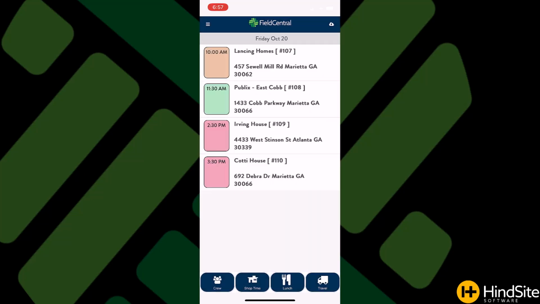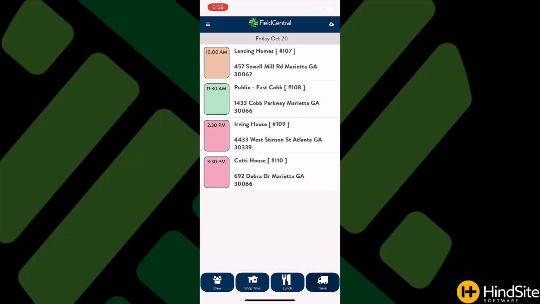With the daily visit schedule synced, let's review the options the main technician will have available at the bottom of their screen and how to appropriately utilize each of these options. Shop allows the user to track their time in the shop either at the start or end of the technician's day. Lunch allows the user to track their time for lunch. Travel allows the user to track their time traveling outside of visits on the schedule. Example would be driving back to the shop or picking up lunch.